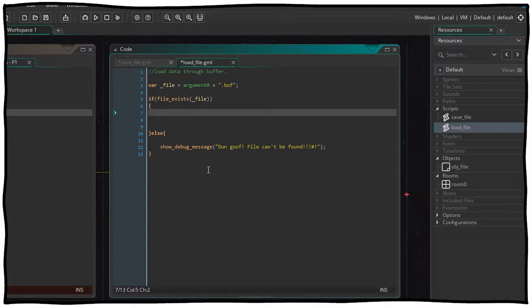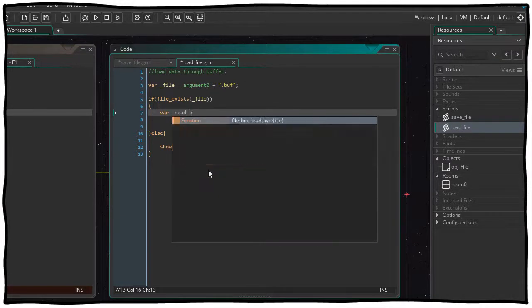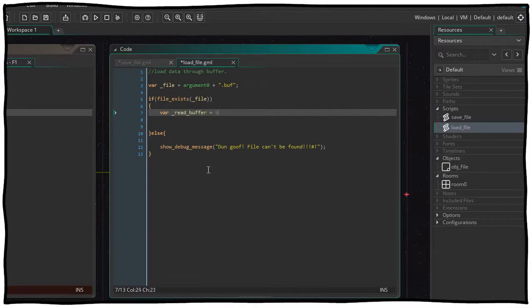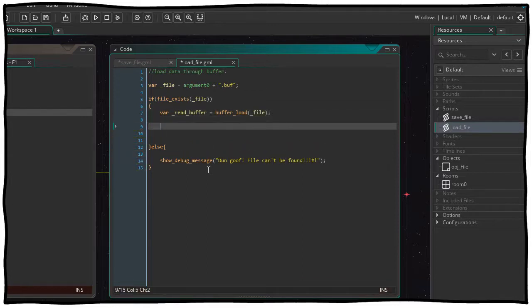So assuming that the file was created correctly, saved correctly, and is now being loaded, we then read the file into a buffer with buffer load. So we go var read buffer equals buffer load file. So now the read buffer variable contains the nice long stream of bytes that is our data. So now we have to actually use buffer read to read it out of this buffer into our variables,